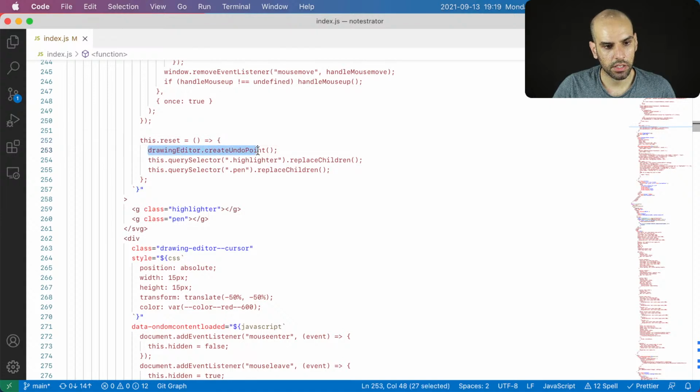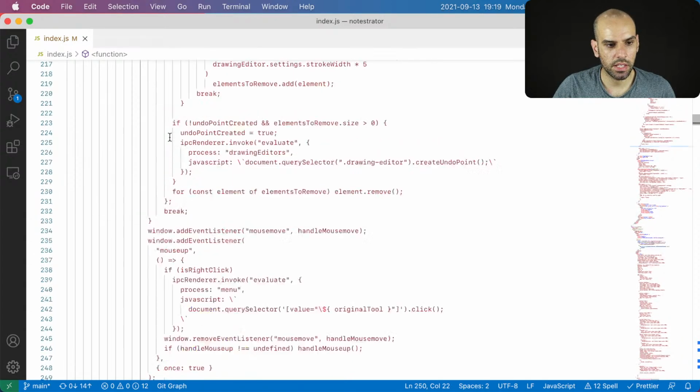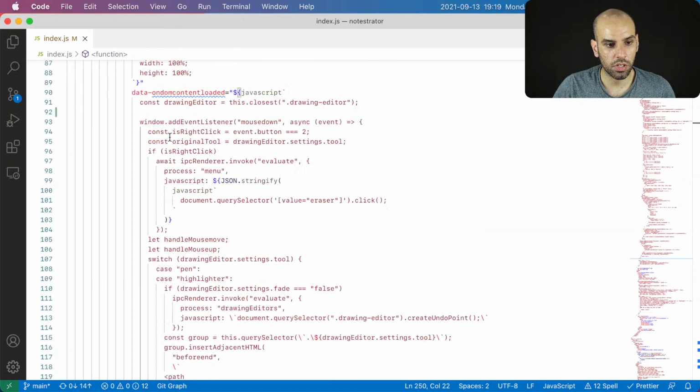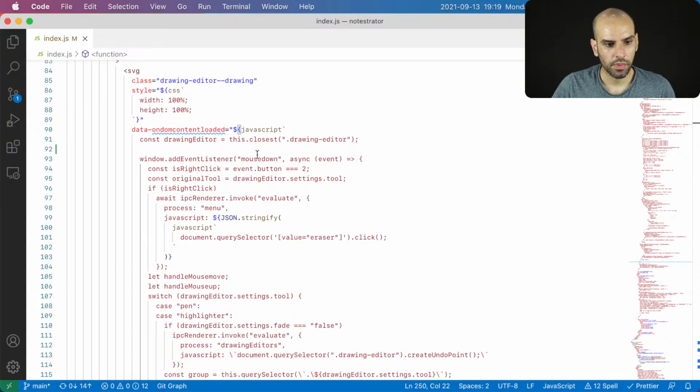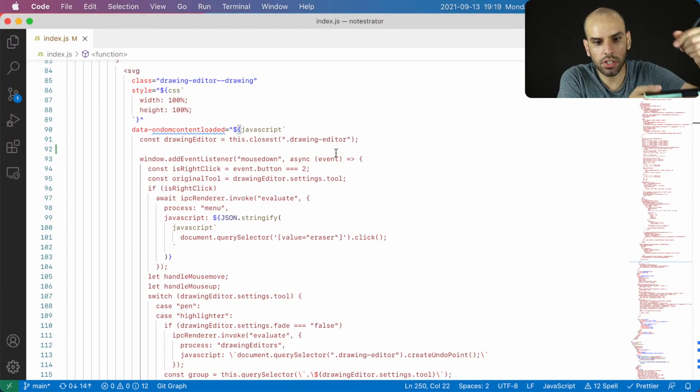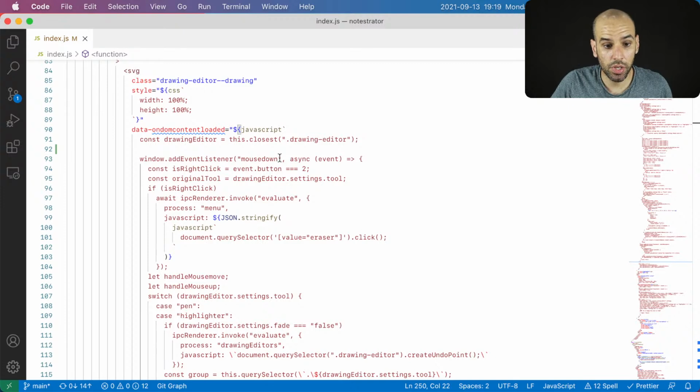And that is just going to the drawing editor, creating an undo point, and then actually resetting. So we just looked at this, and this is all right. So let's look at the implementation of the drawing itself. It starts on the mouse down. So when I put my pen on the tablet, when it actually touches the tablet, that triggers a mouse down